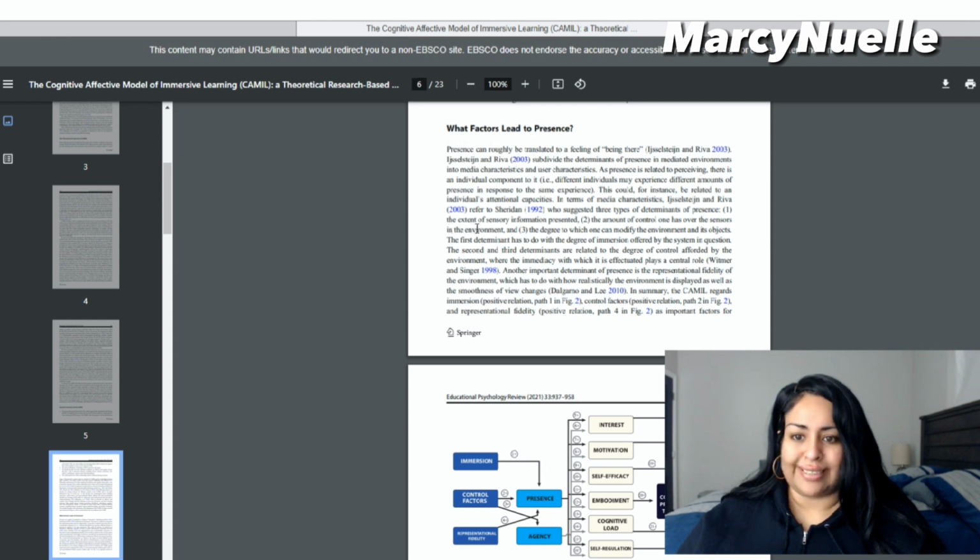Number one is the extent of sensory information presented. Number two is the amount of control one has over the sensors in the environment. And number three, the degree to which one can modify the environment and its objects. The first determinant has to do with the degree of immersion offered by the system in question. The second and the third determinants are related to the degree of control afforded by the environment. Another important determinant of presence is the representational fidelity of the environment, which has to do with how realistically the environment is displayed, as well as the